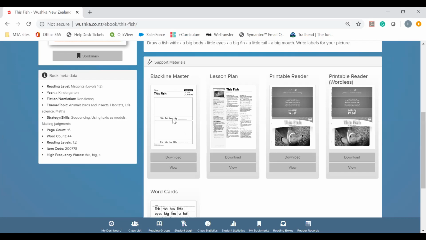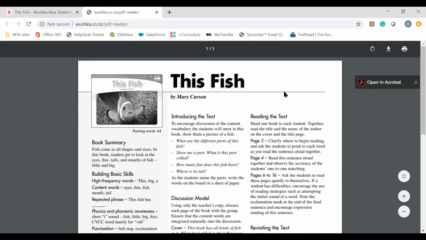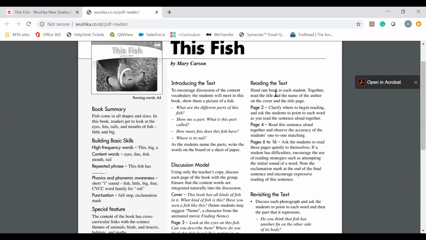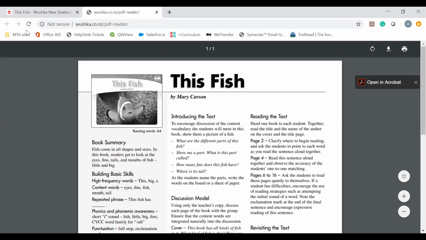So you've got your black line master here, which is like your follow-up activity, your lesson plan, which is fantastic if you're wanting to continue a guided reading remote program. For example, you would have this open, as well as your book called The Fish in another tab. And then you could be having a session such as this where you invite your students along,